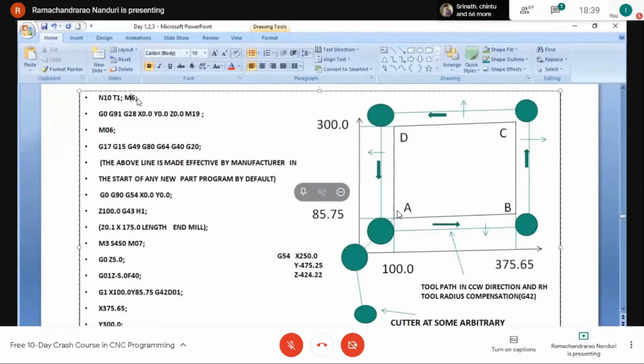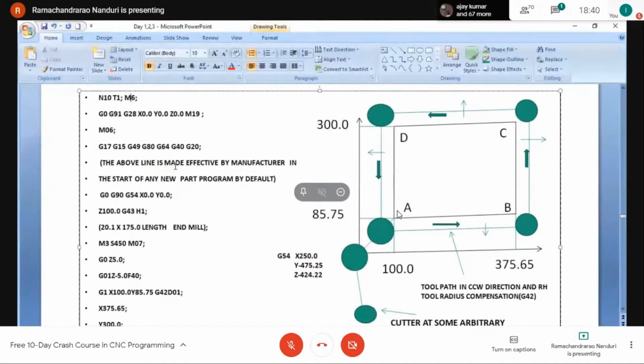Sometimes we have to give all these 22 commands in a subprogram, and whenever we call that subprogram, the tool will be taken out from the magazine and inserted into the spindle. So for the next line, I have not given any line number here. See, a general routine of giving line numbers: if there is a program of around 1000 or 2000 lines, in 2000 lines of the part program we will need to change the tool several times.